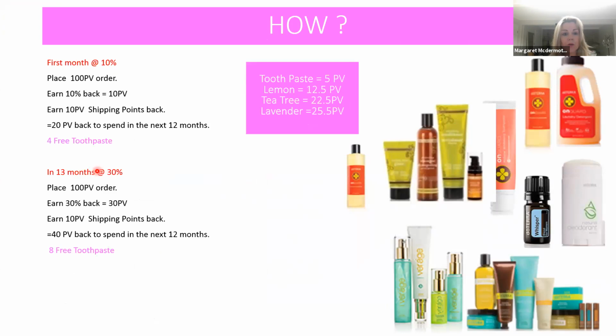Okay, how are we going to do this? So just for an example, in your first month with the Loyalty Rewards program, you'll generally start on getting 10% back depending on which kit you bought, but most people are 10% back. Okay, so just for ease of maths, we're going to say that you have placed a 100 PV order. You're going to earn 10% back on your order, so you've got 10 PV there. You're also earning 10 PV back in your shipping points. So for that first order alone, you have earned 20 PV back to spend on whatever you'd like in the